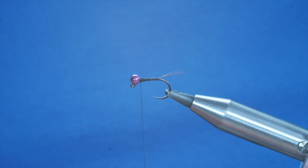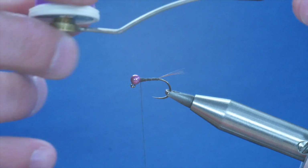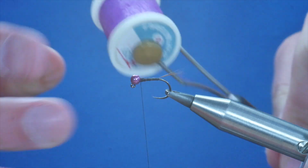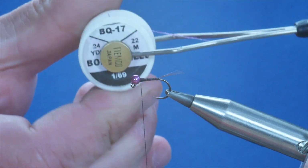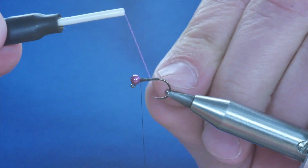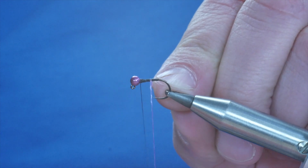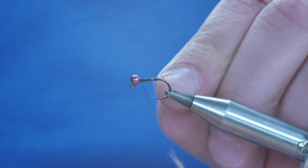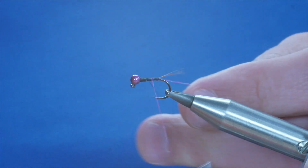Then I'm going to bring my thread in open turns all the way to the top here. Next, I'm going to come in with some hen's body material. This is the BQ17, and it's a purple colour, very light. So I'm going to just catch that in behind. It's quite awkward, and if you like, it might help